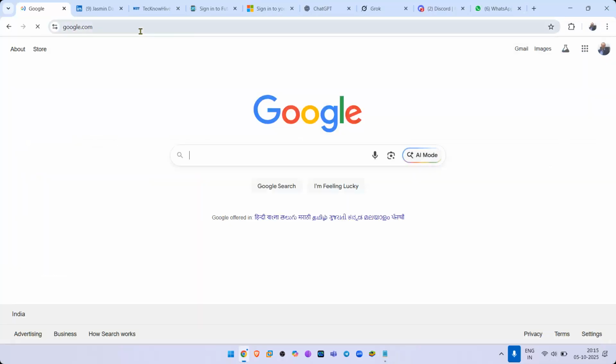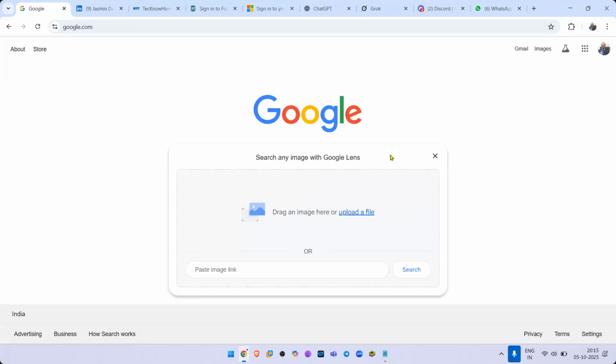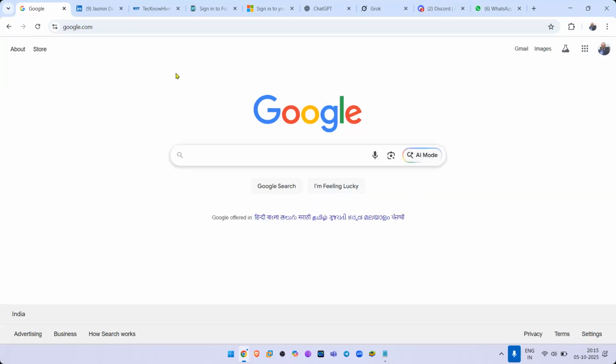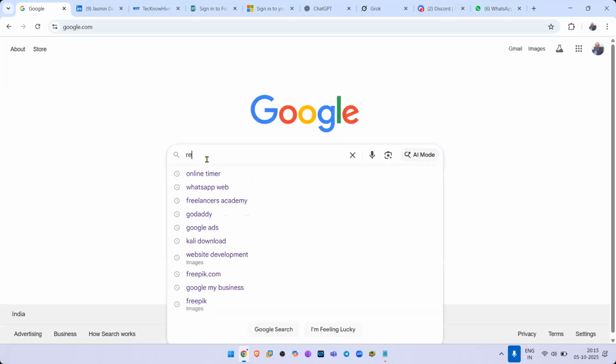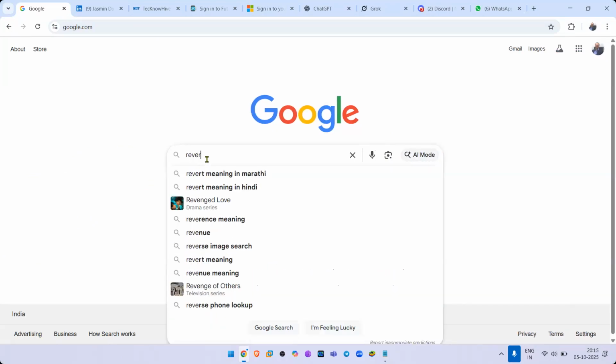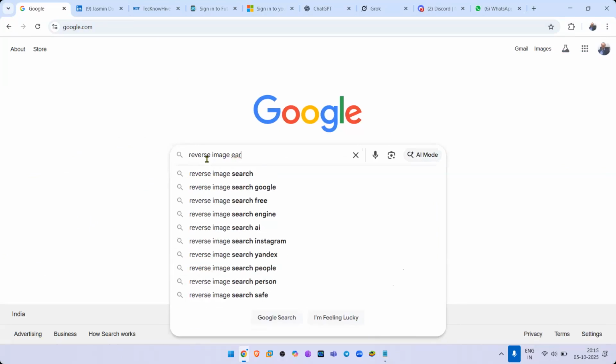Just go to Google. Take that guy's photograph. Again, there's no guarantee that will work. You can go to Google Lens, search by image. Find that file and see if you can do that. All right, just try. Just go to google.com and search for reverse image search.